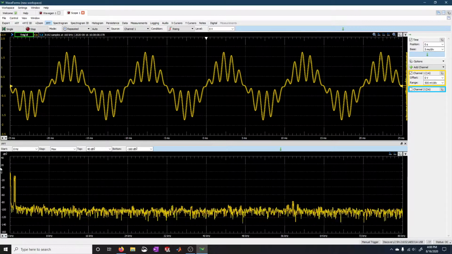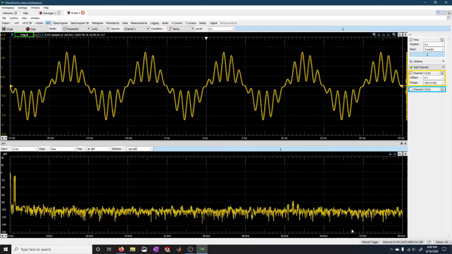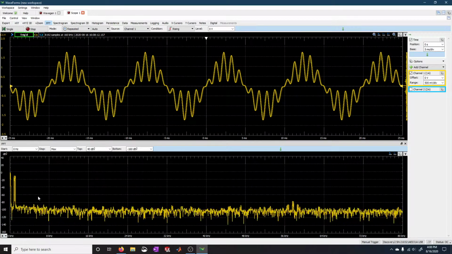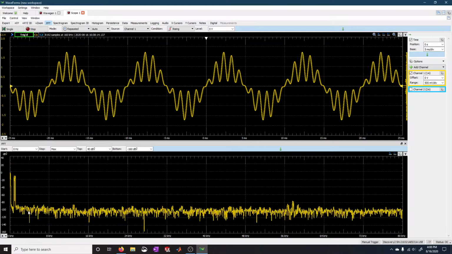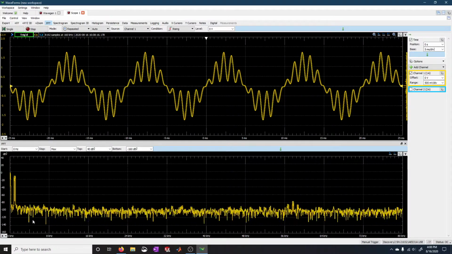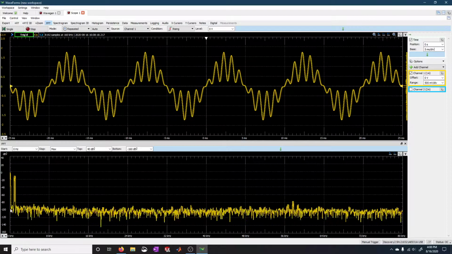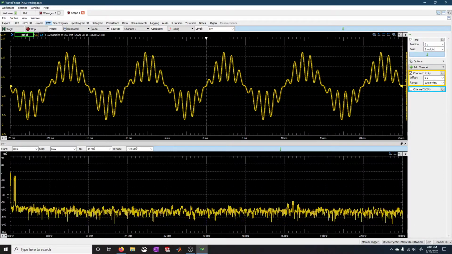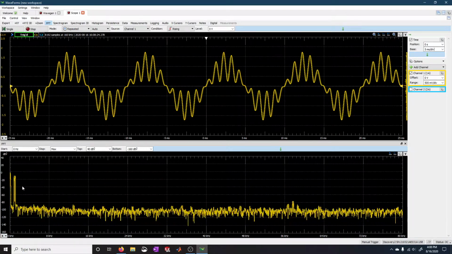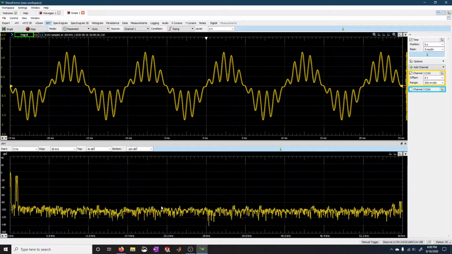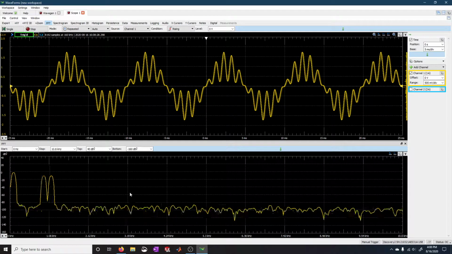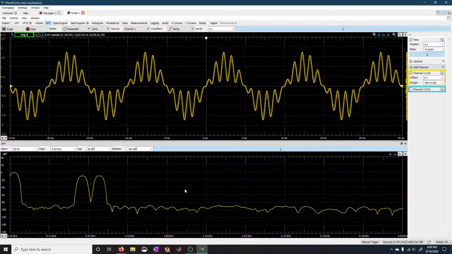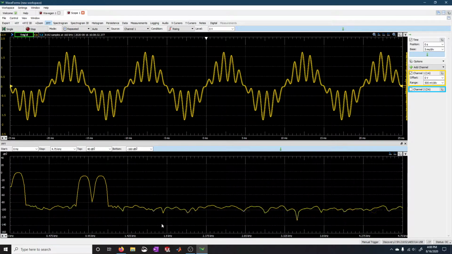The vertical axis is in decibels, and the horizontal axis is our frequency domain. We see a lot of noise down here, around minus 100 dB, so that's extremely small. We mostly want to zoom into the section where there are peaks. So we can just drag our FFT window down here at the bottom and see where